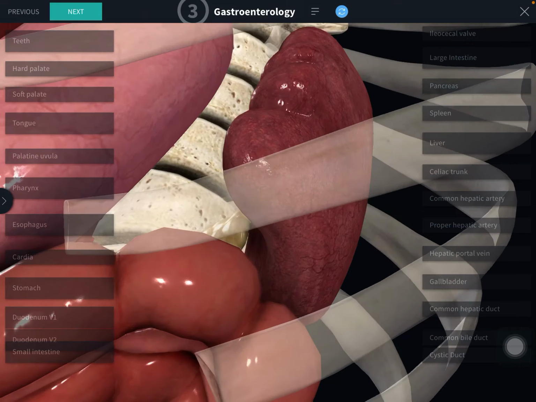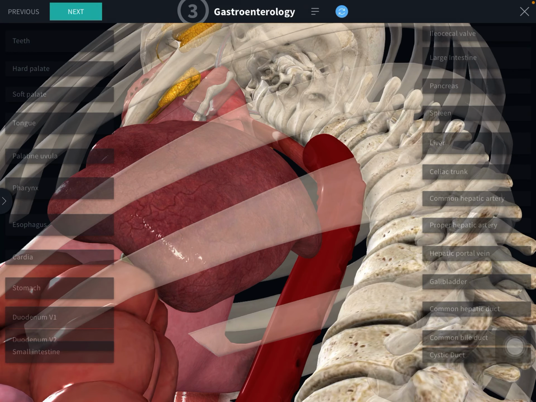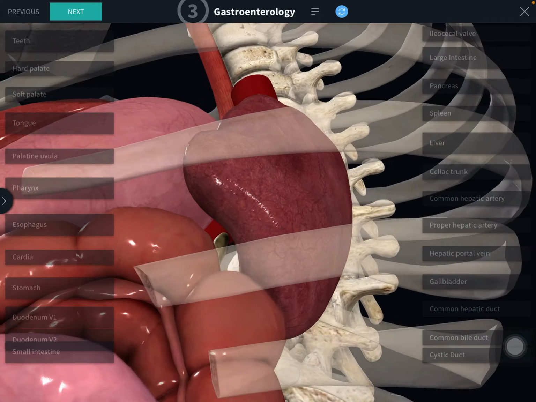Then the posterior basal angle: the junction of the inferior border and the lateral end of the spleen. So we have covered the spleen presenting parts: 2 ends, 2 borders, 2 surfaces and 2 angles. Ligaments of the spleen are also 2, gastrosplenic and lienorenal ligaments.